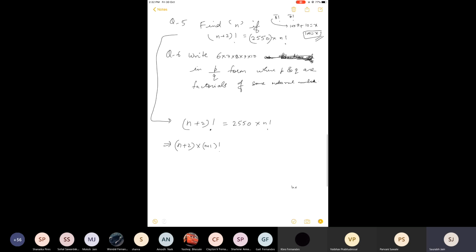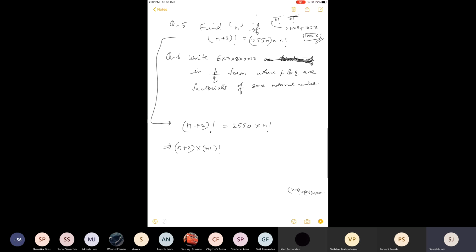If (n+2) factorial is there, then it means (n+2) into (n+1) into n, and it will go on till 1, right? So if I am leaving n+2 and I want to write the remaining as a factorial, it will be (n+1) factorial. This I have already discussed, and you will come to know why I am doing it. Now I will do the same process one more time. So now I will write (n+1), and now n factorial will remain